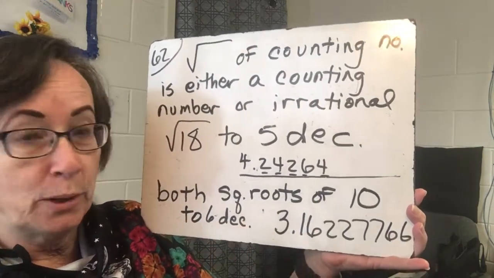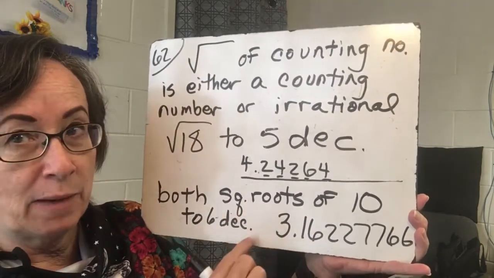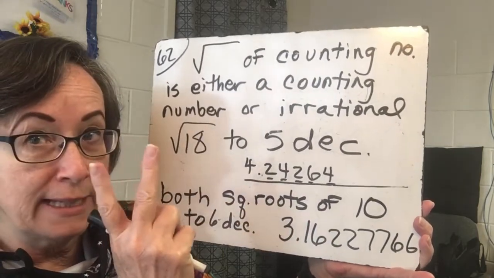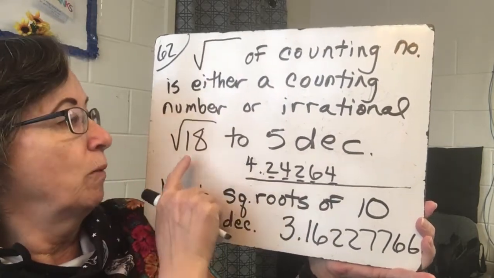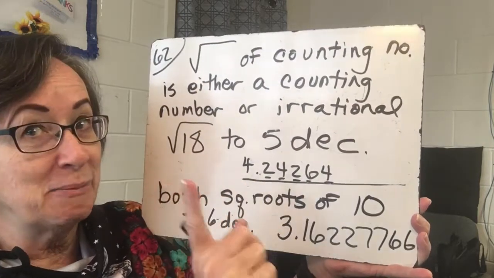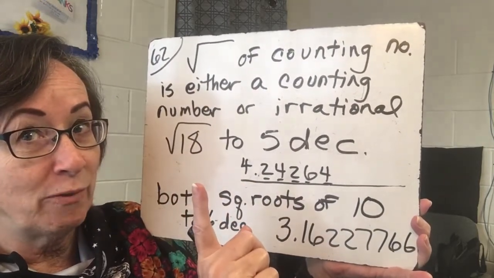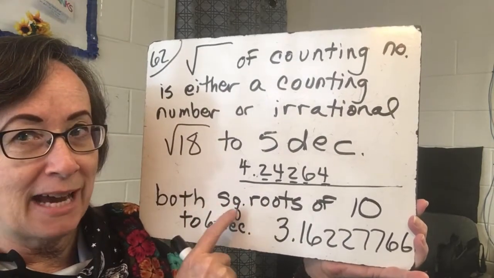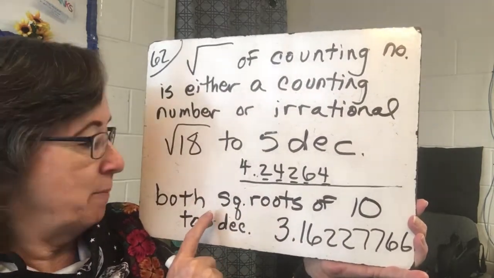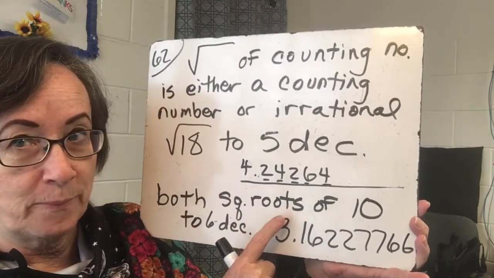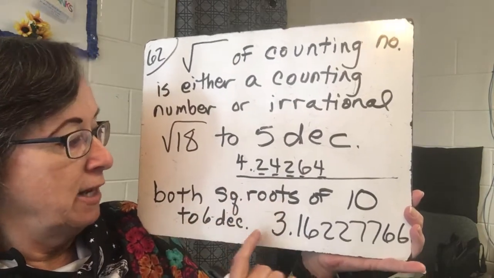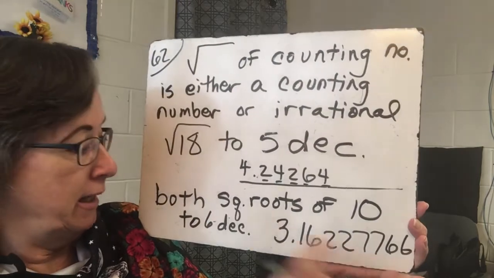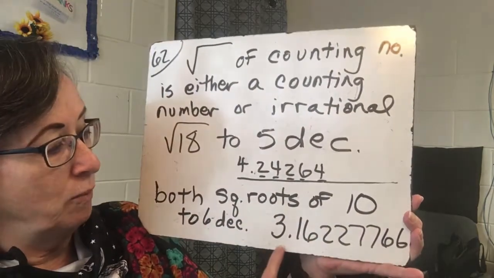All right, when I put the square root of 10 in my calculator, remember, 10 has 2 square roots. When we see the radical sign, that just means to give the first one, the positive one. But notice there's no radical sign in this example. Both square roots. Okay, no radical sign. So we click it into our calculator, square root of 10. We get